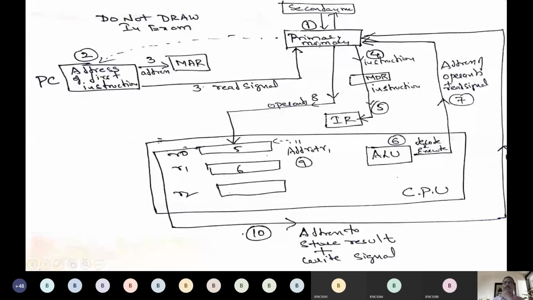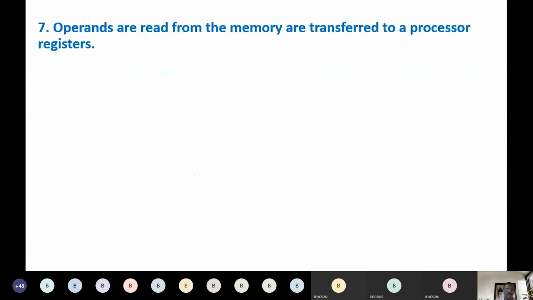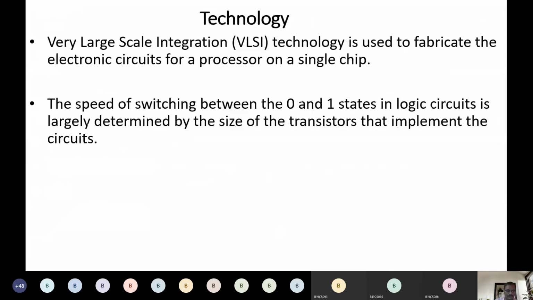So remember, read operation transfers data from primary memory to CPU, and write operation transfers data from CPU to primary memory. We call it the central processing unit, or we can say processor. Read operation transfers data from primary memory to processor, write operation from processor to primary memory. Done. The same thing we had discussed in this slide.